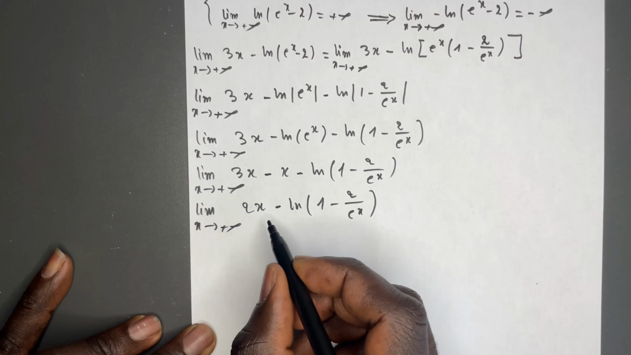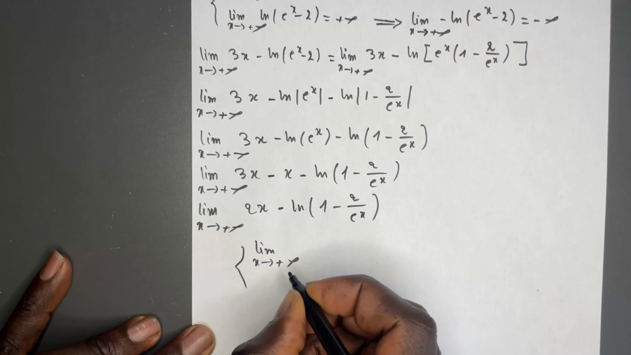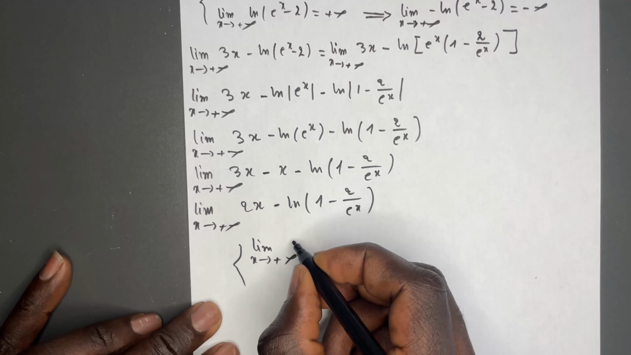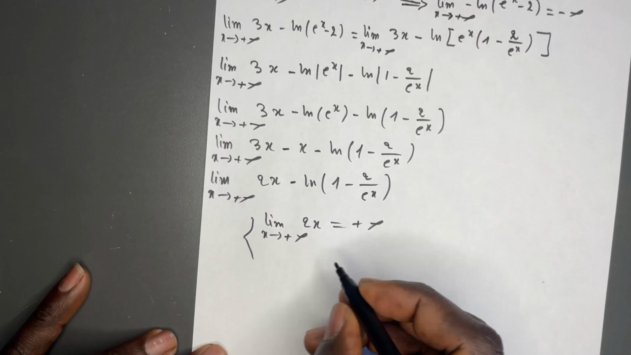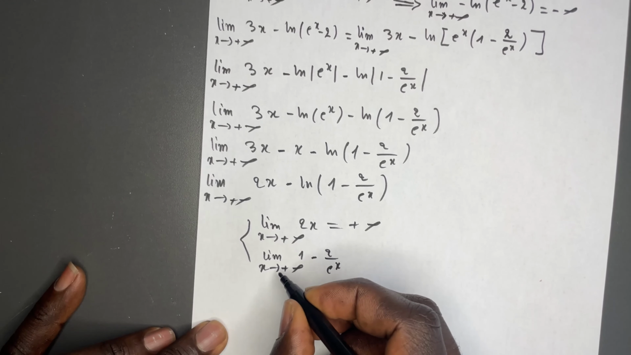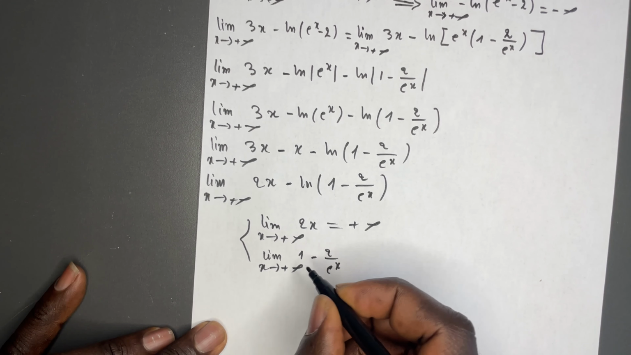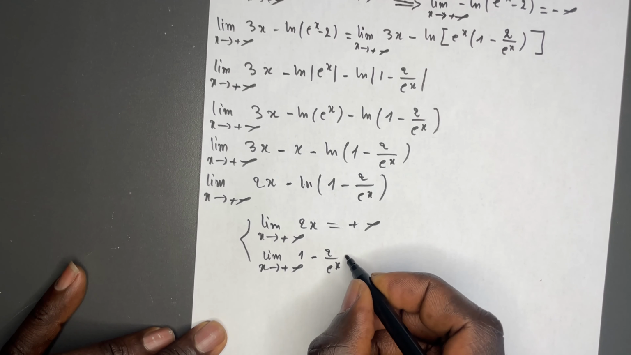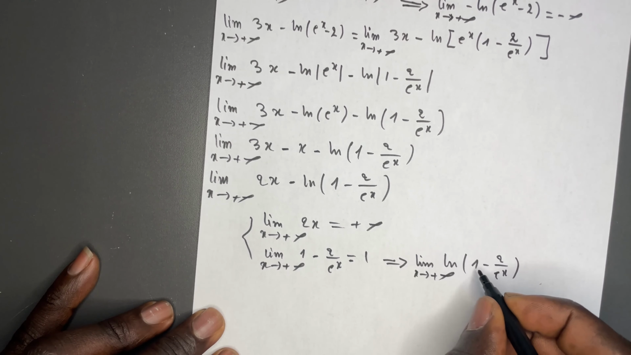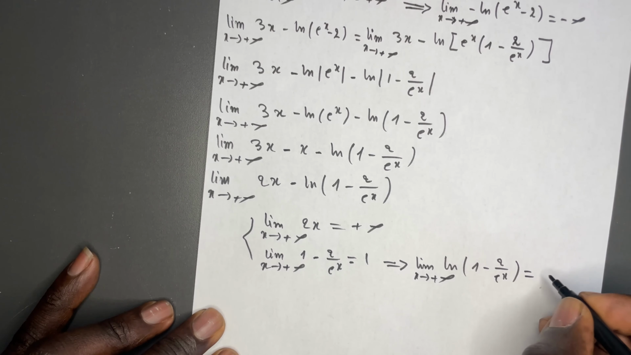Now let's evaluate these two expressions separately. As x approaches infinity, 2x goes to infinity. As x approaches infinity, 2 over e to the x goes to 0. So we have here 1 minus 0, that's going to give me 1, implying that the limit as x approaches infinity of ln of 1 minus 2 over e to the x is equal to ln of 1, which is